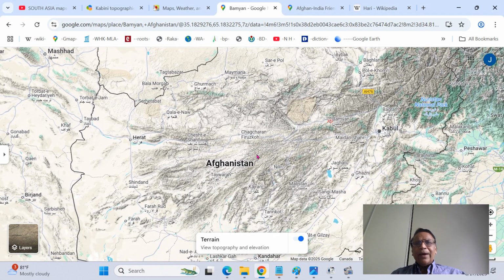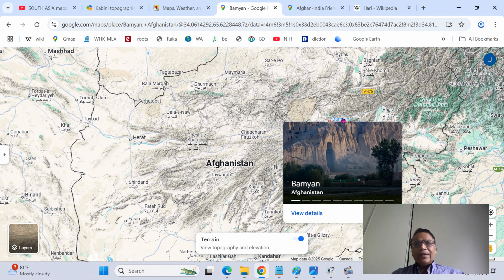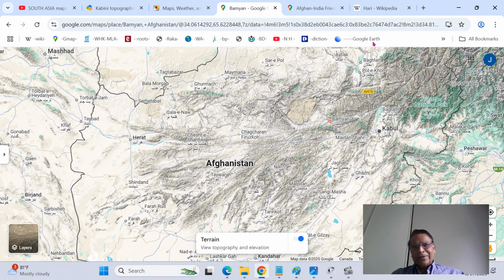So I have put the Bamiyan town here. There are the Buddha statues. These were made more than, I think, 2,200 years back in the Kushan Empire's time that ruled this area. Fascinating engineering marvel. If you go to the South Dakota region of the United States, there are the four president faces there. These were made around World War One time, but remember 2000 years back they sculptured this. So that is a fascinating engineering marvel.